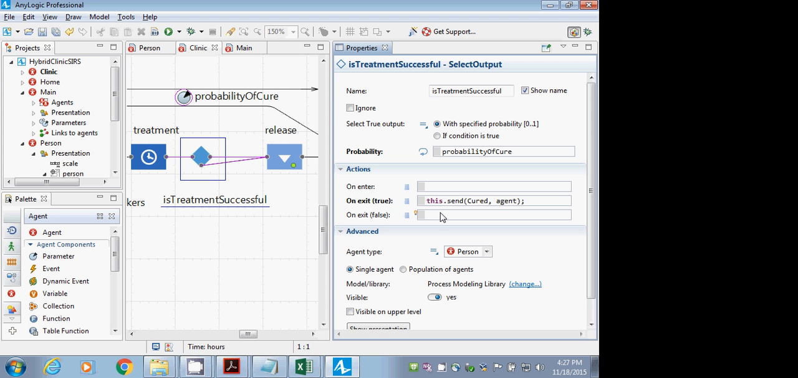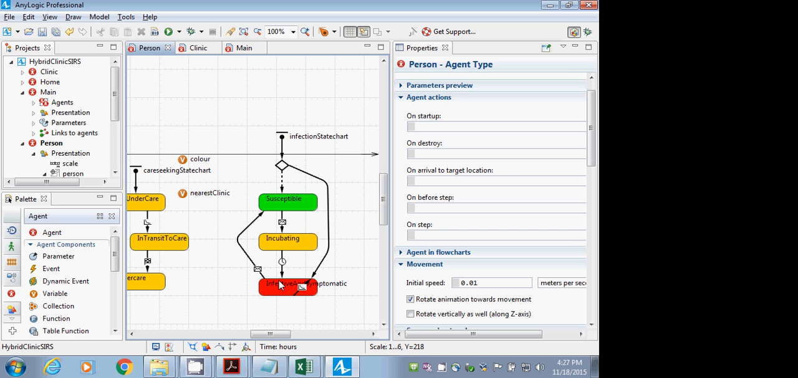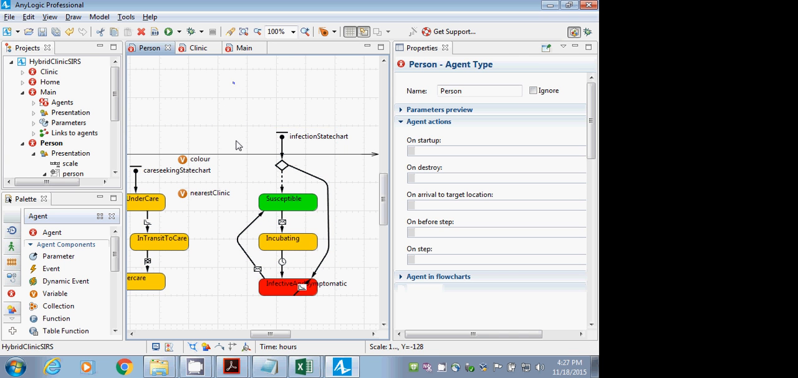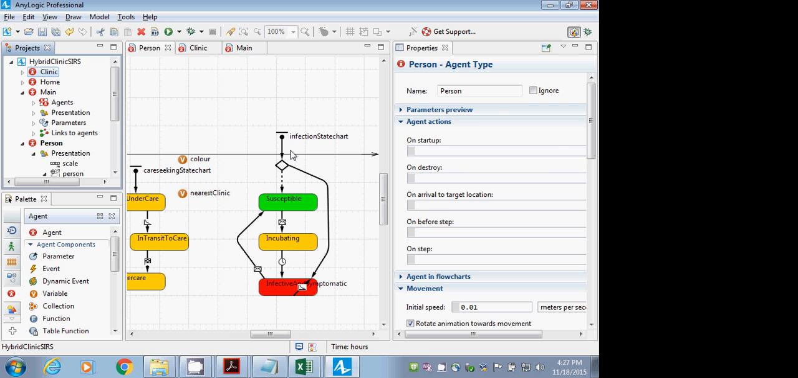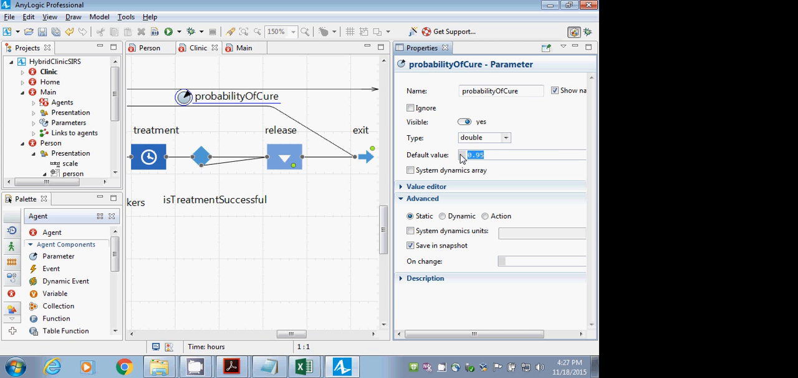Now, ladies and gentlemen, sending them a cured message, what does that do to them? Let's go back and look at the state chart. What does that do to them? Return to susceptible. Yeah, they return to susceptible. Okay? Great. Ladies and gentlemen, we're almost done. Could you just click on the probability of cure? Sure. You bet. So I'll go back to clinic, and probability of cure, I just left it as double, and it's 0.95 by default. Okay? 95% chance treatment is successful,